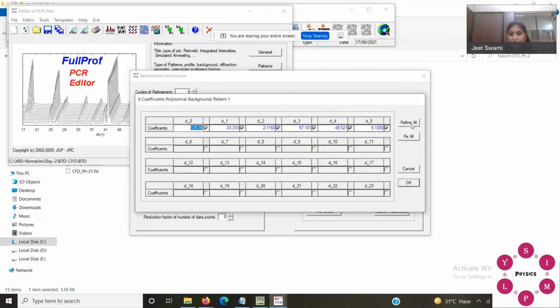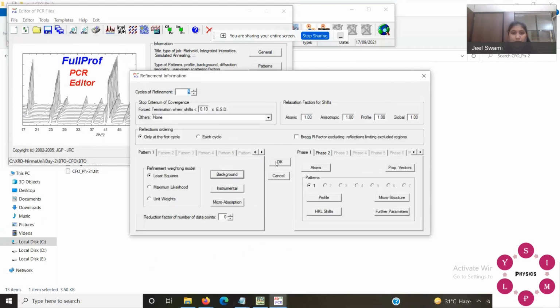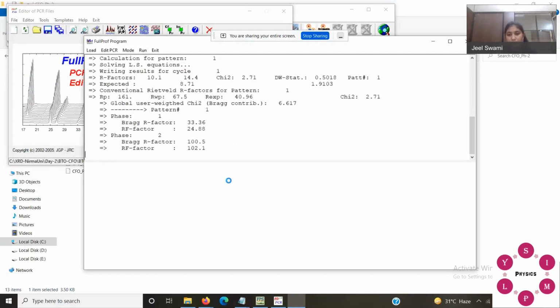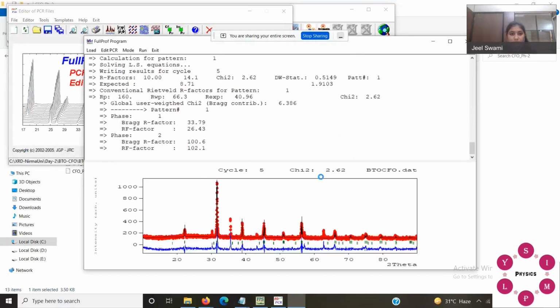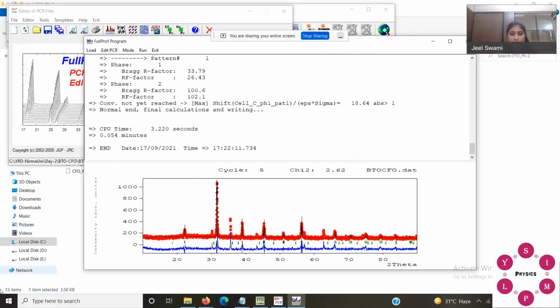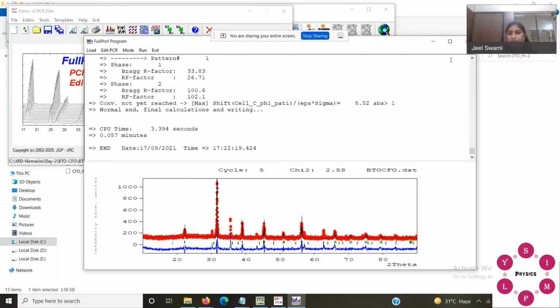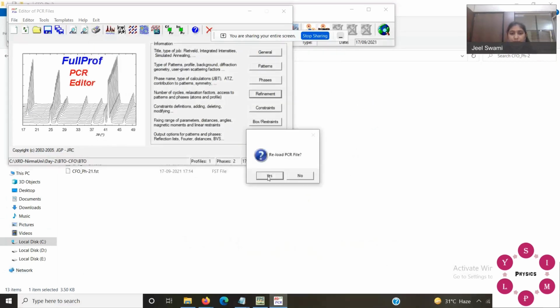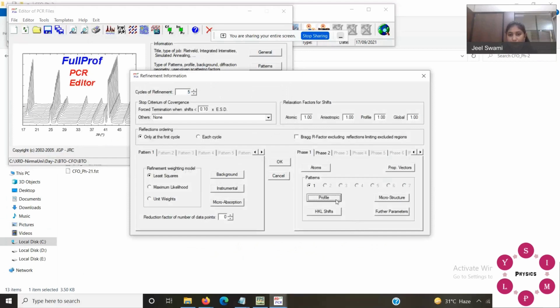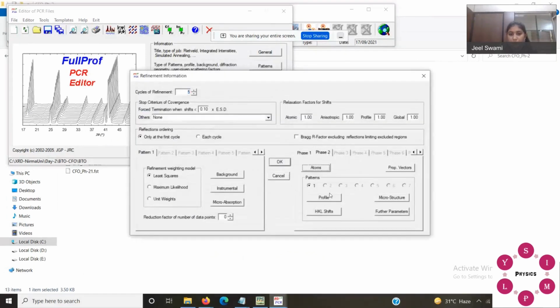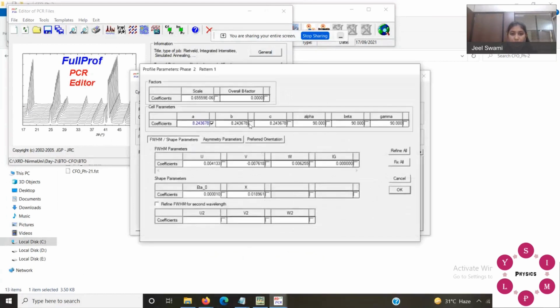Okay, fix background. Okay. It's decreasing. Run it again if you want to. Now refine fix for the phase 1. For phase 2, refine this.